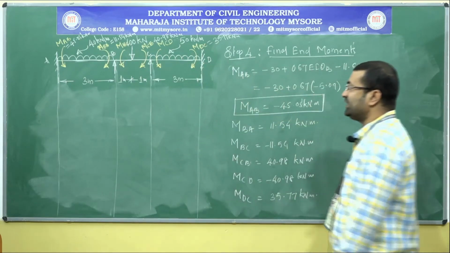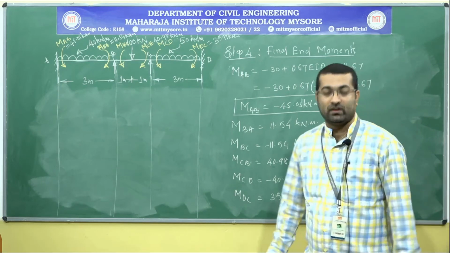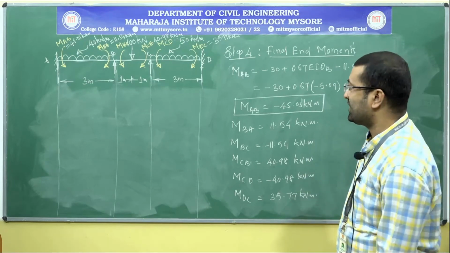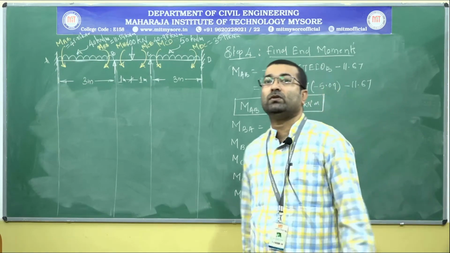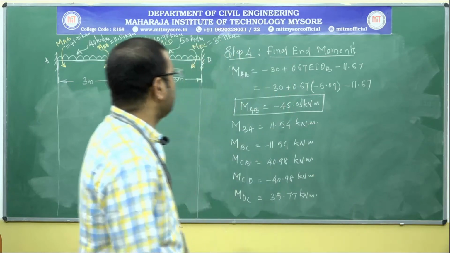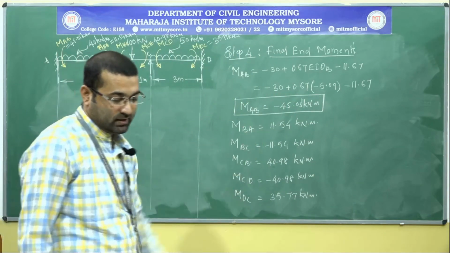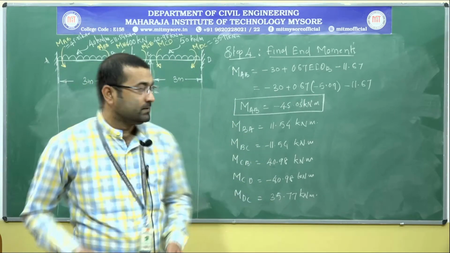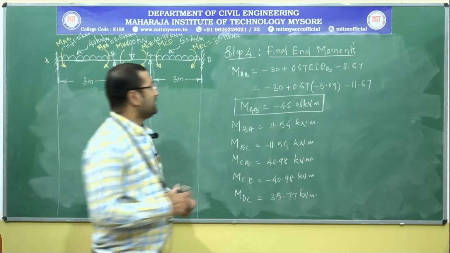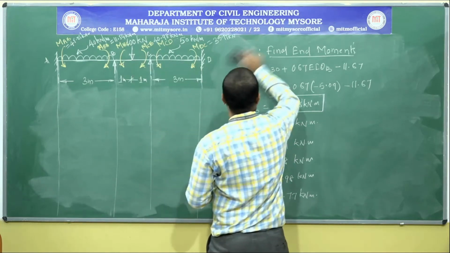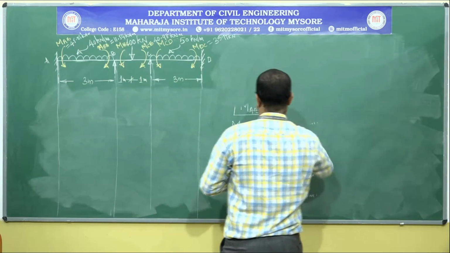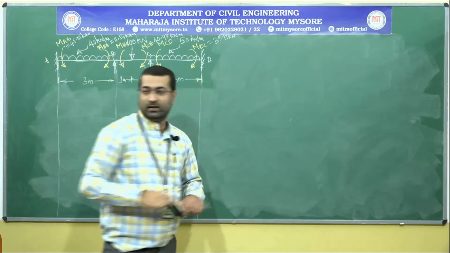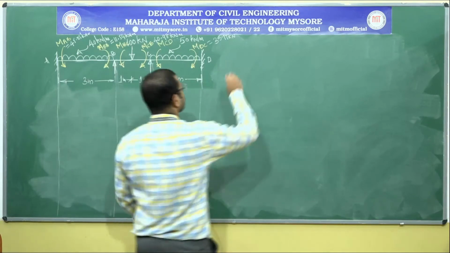With the help of these, we need to work out the shear force values, and also we need to draw the shear force diagram, and similarly we have to calculate the bending moment values, and we need to draw the bending moment diagram. Okay. So that is step number 5, that is support reactions, and we need to calculate the bending moment.